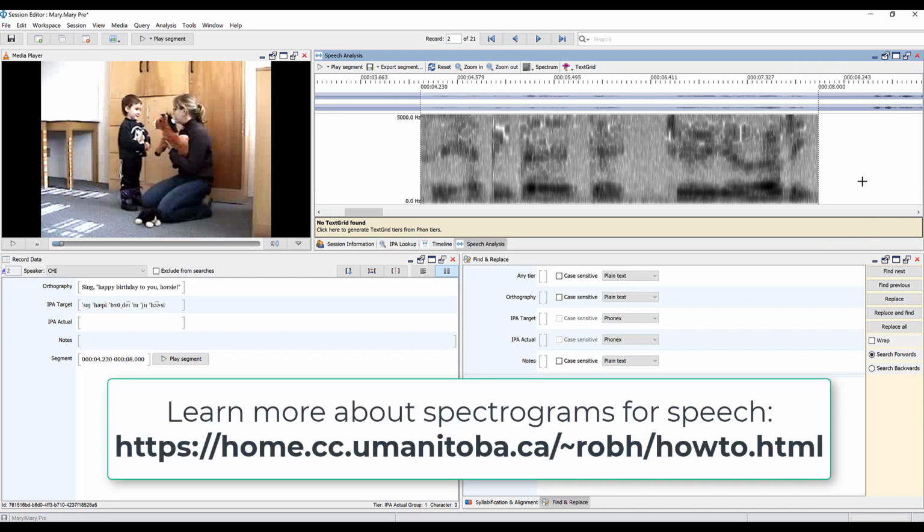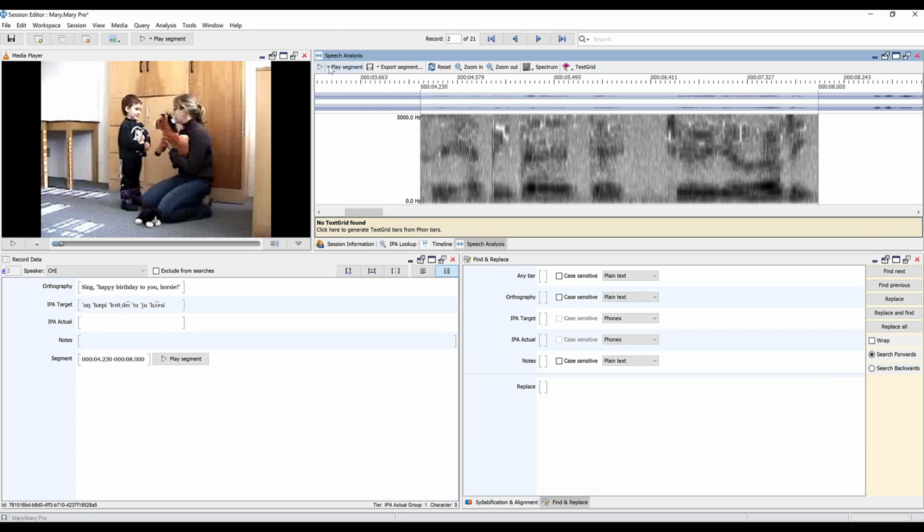And there's a couple resources you can check out just to really quick get some tips on how to identify different consonants or vowels or other features in a spectrogram. But for the time being, we're going to listen to the segment. So I can play the segment. Say happy birthday to you. And I can also select a segment, happy